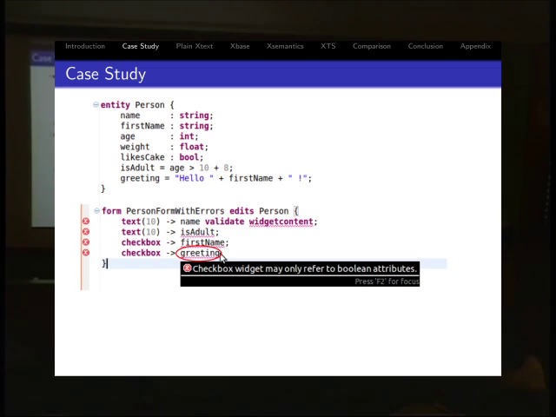Now, no need to read all details, this is how the textual language looks like in the DSL editor. In the upper half of the screen, I defined an entity person with various attributes of various types. In the lower half, I've defined a form which edits this entity I've just defined. And this form includes, for example, an attribute, a text box widget, which edits the name attribute of the entity. And it has a validation clause which restricts the length of the input to be at least